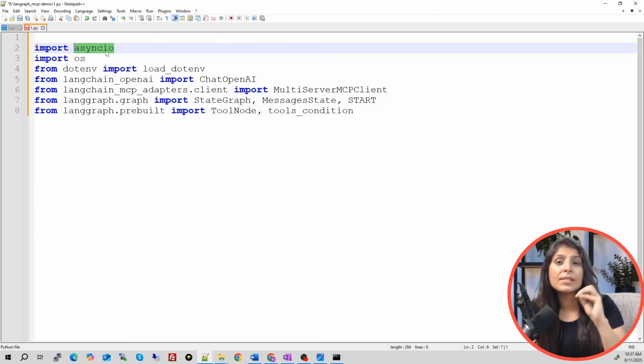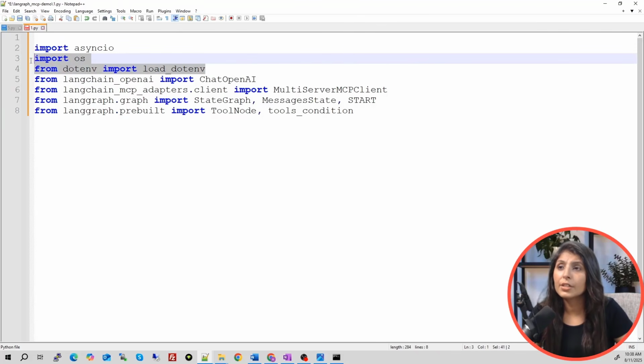When we send the request, after that we have to wait for some time so that the MCP server can collect the answer and give it back to us. During that waiting time, instead of keeping Python idle or wasting time, Python can handle some other work. Okay, so that's why we are using this asyncio module.